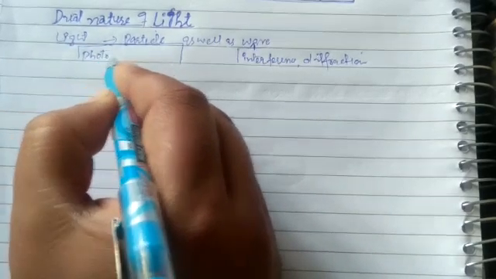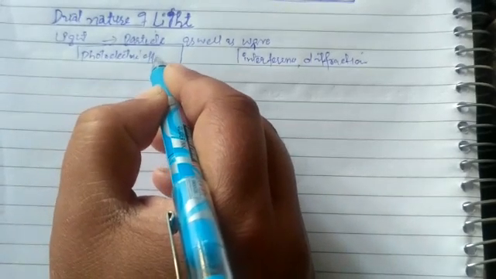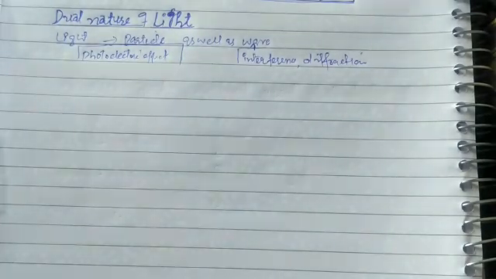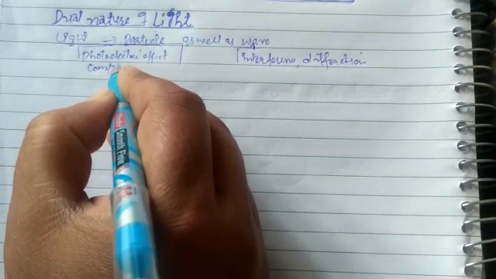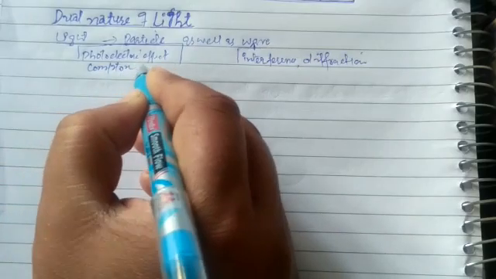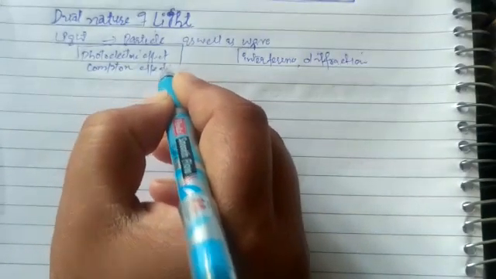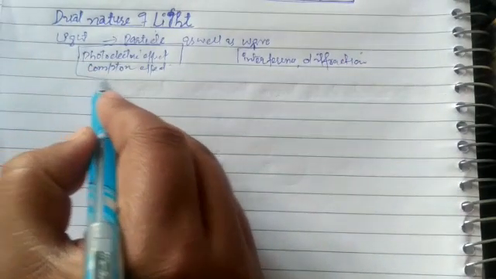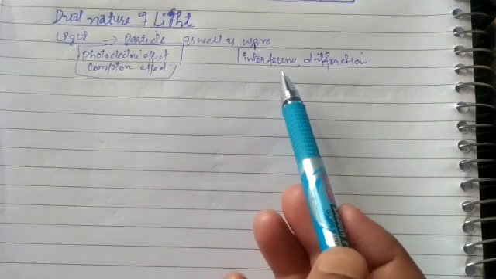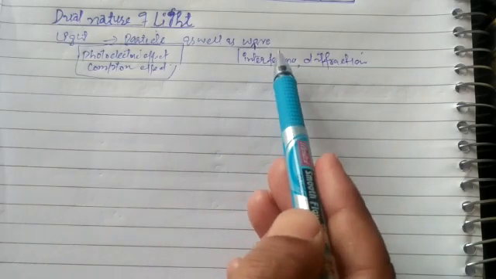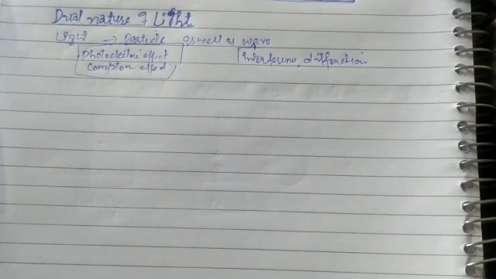Now, if we consider light as a particle, then we can explain the photoelectric effect, which we have read, and we can explain the Compton effect. So these effects are well explained by considering light as a particle. And if we have to explain the interference and diffraction which we are going to study in light, then we have to consider light as a wave.